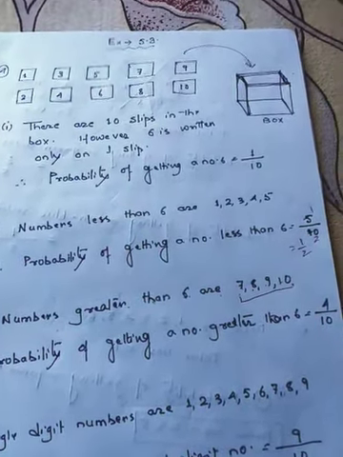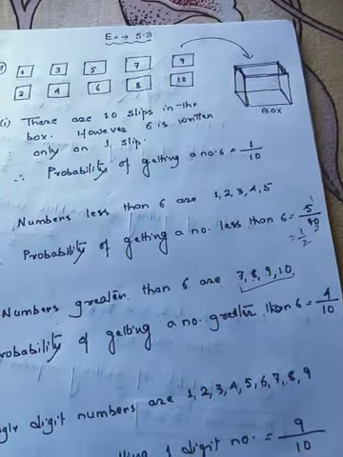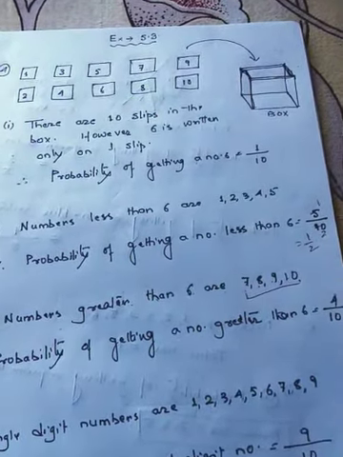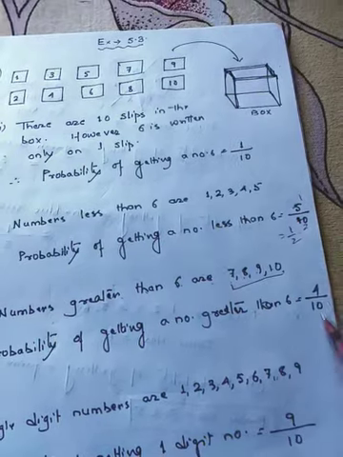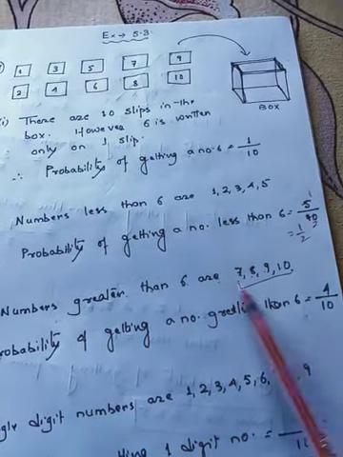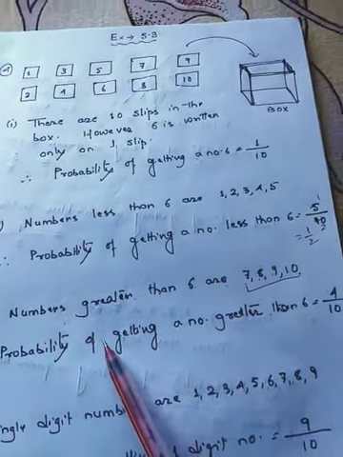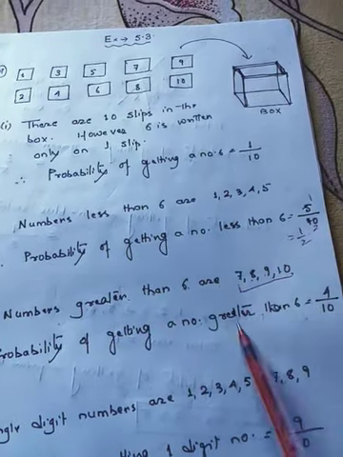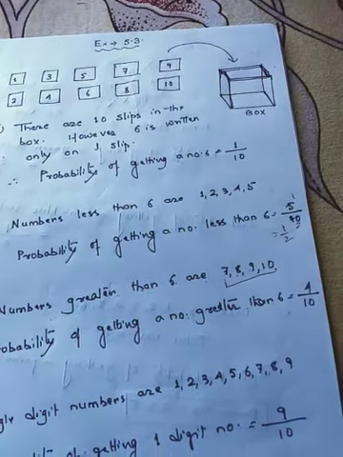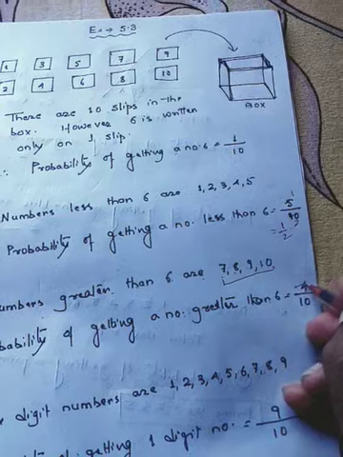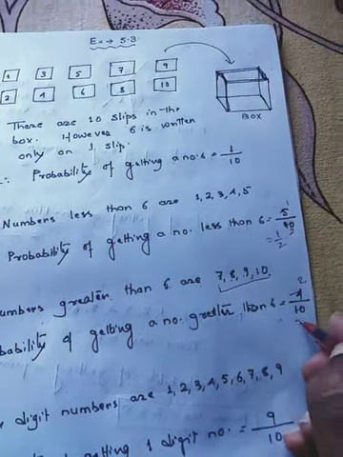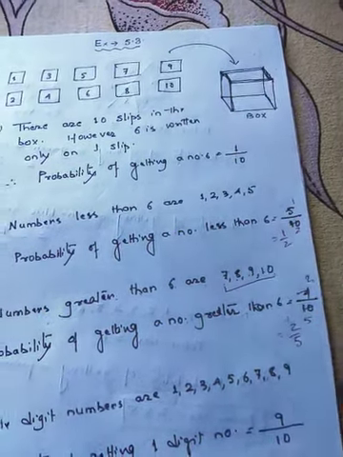So 4 times it will happen that I will get a number greater than 6. So out of 10 times, how many times will it happen? It will happen 4 times only. So the probability of getting a number greater than 6 would be equal to 4 upon 10. So you can again reduce this. 2 2s are 4, 2 5s are 10. So the answer is 2 upon 5.